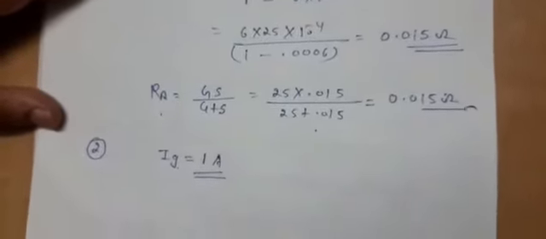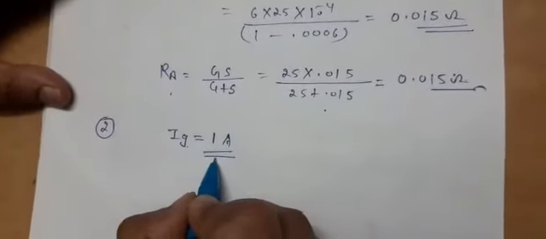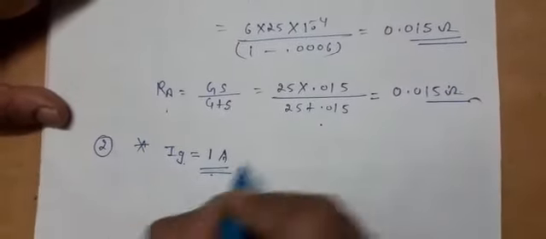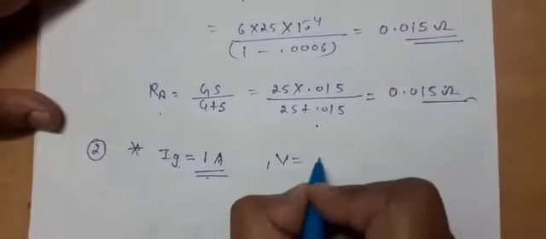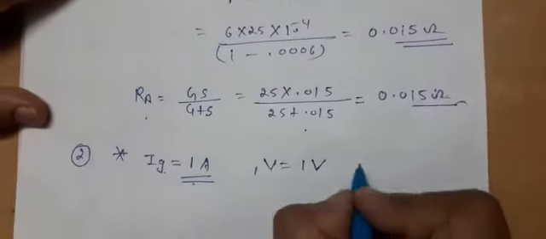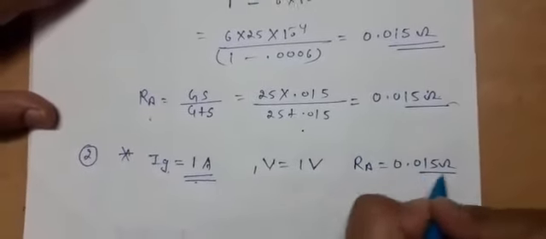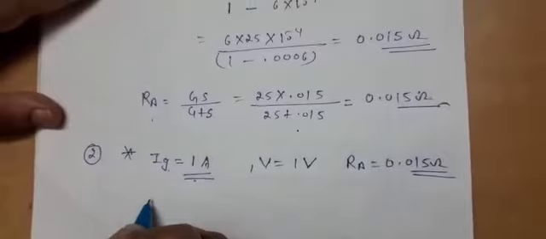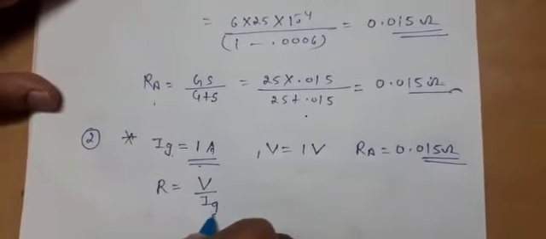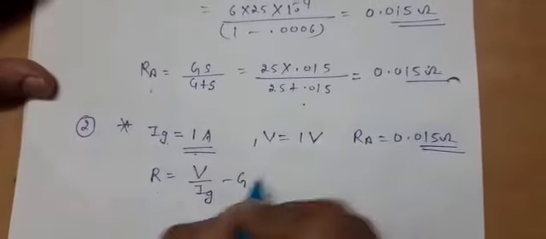See here, now the ammeter is giving a maximum current of 1 ampere. So this will become the full scale deflection current. This is important, I am putting a star here. And the voltage which we have to get has a maximum value of 1 volt. Now what is the resistance of the ammeter? This will be used here. So now these factors have been given. So what should be the resistance that should be connected in series?